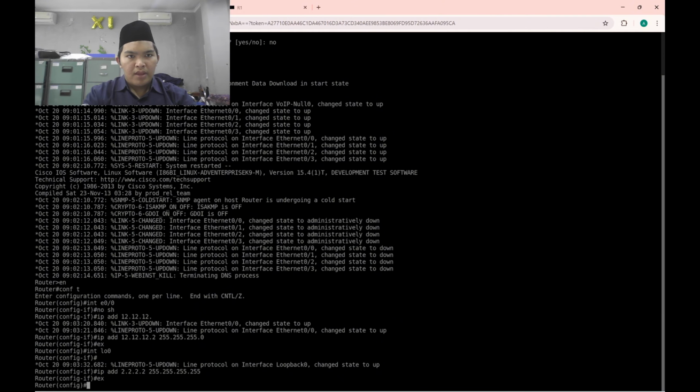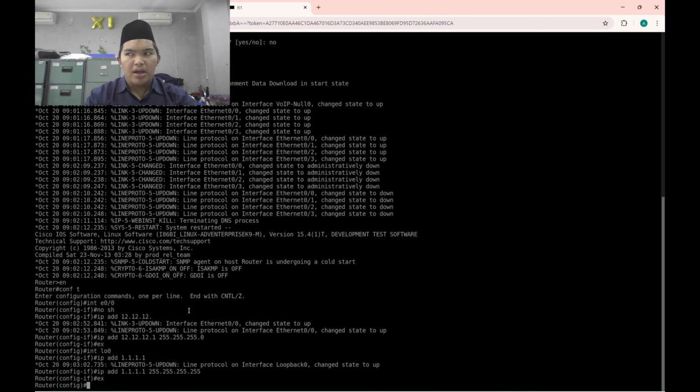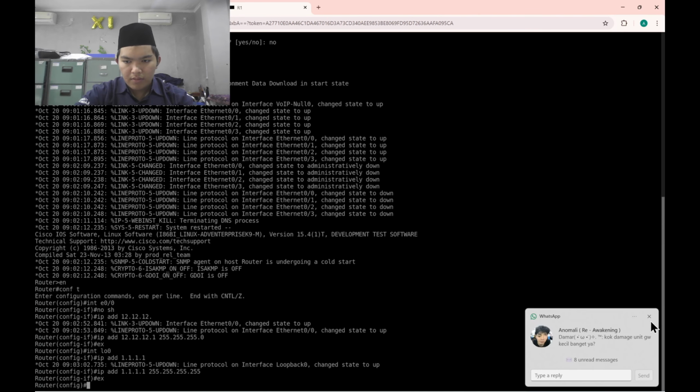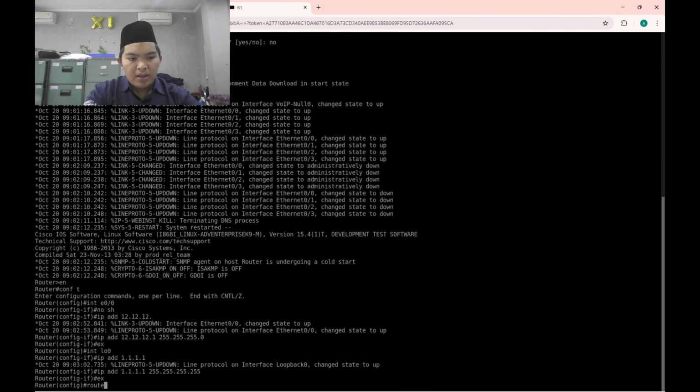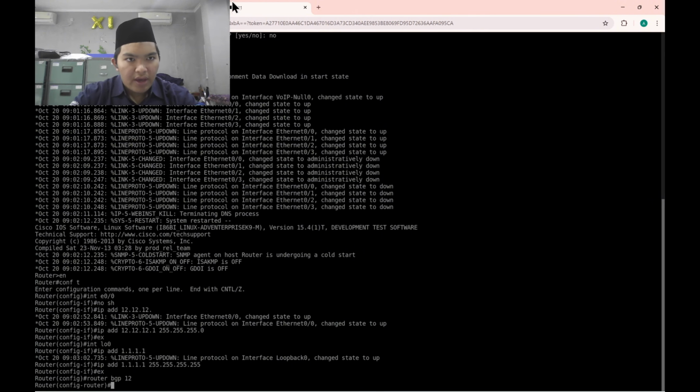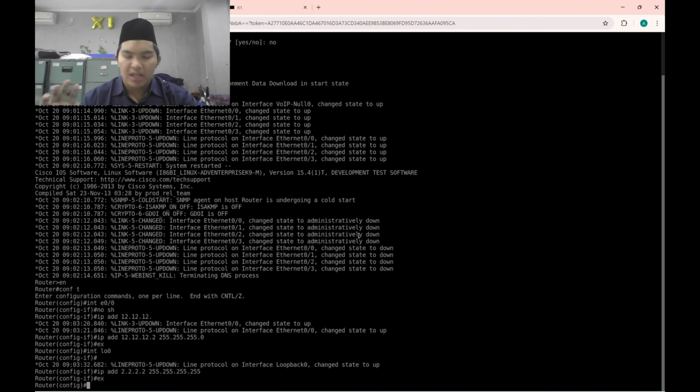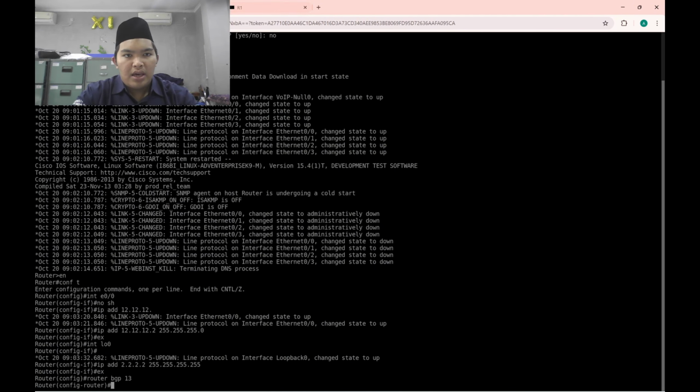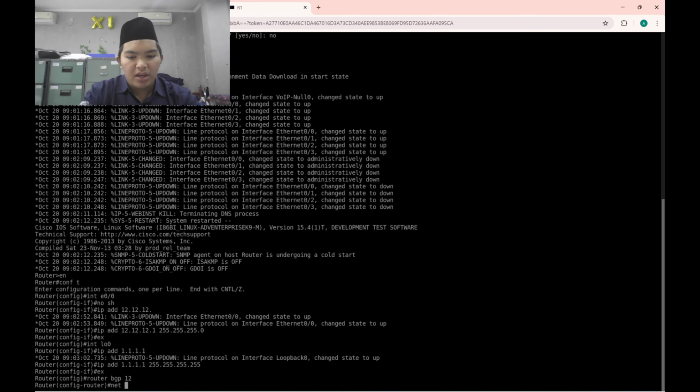After that, we create the BGP routing, router bgp, and input the AS number. For example, router one is Aiden Boarding School, with AS number 12, and router two is Alexandria School, with AS number 13. First we input the network.